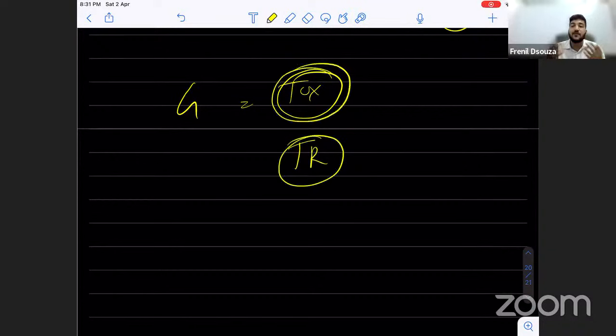Now, there are different types of collecting tax, right? We have a slab system, you have already learned in income tax, right? But there is also something called lump sum tax, and the tax which changes with the level of income, that is under slab rate, whatever that we have done, right? This lump sum tax is denoted by T bar, and the tax which changes according to the income is given in the form of TY, which is there in the video which I'm talking about, for which the link will be put in the description.